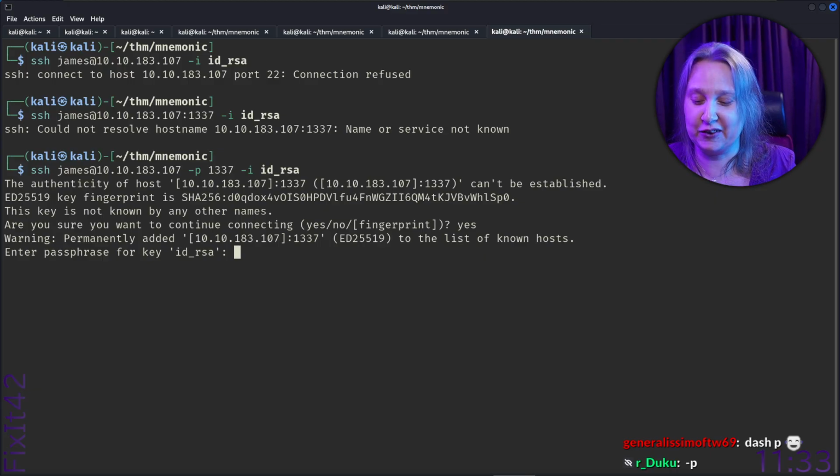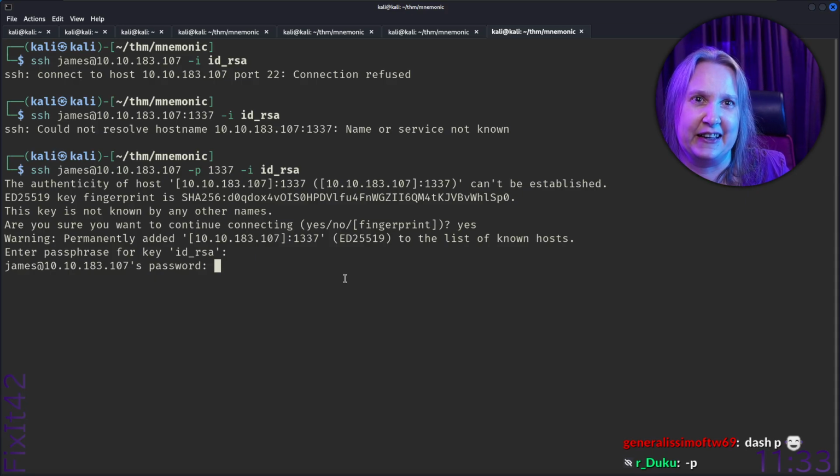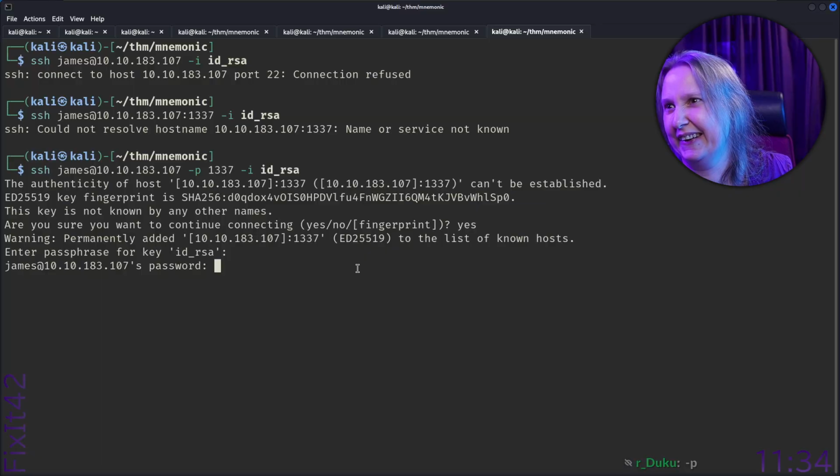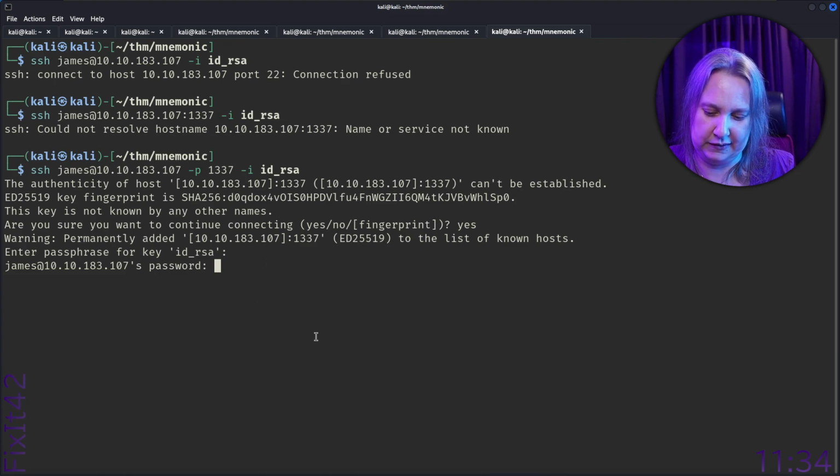It's not like there are special characters, but being lazy is the game. Oh, and then we need his password too. So let's see if that's this one. I'm clicking twice there to make sure.